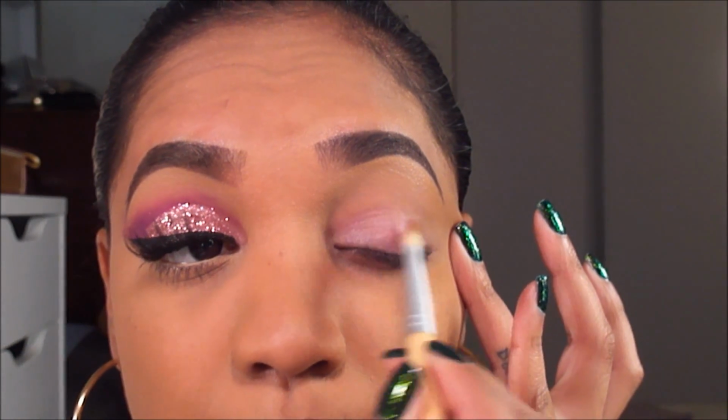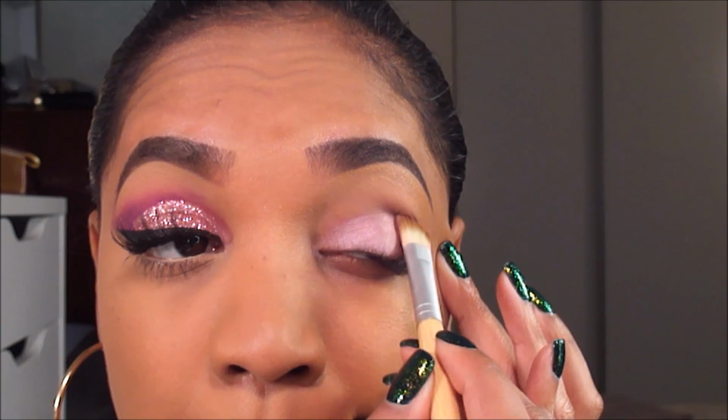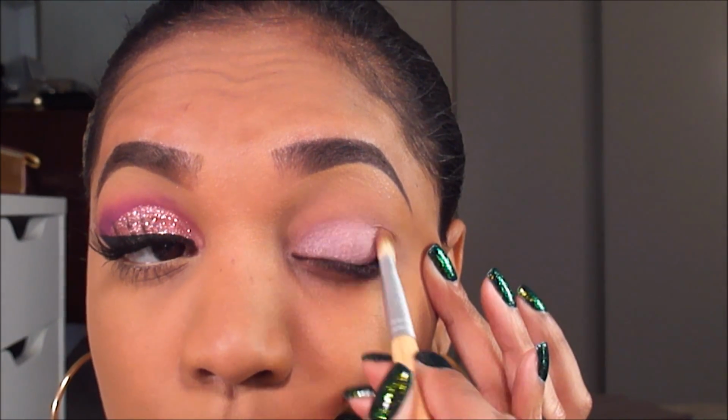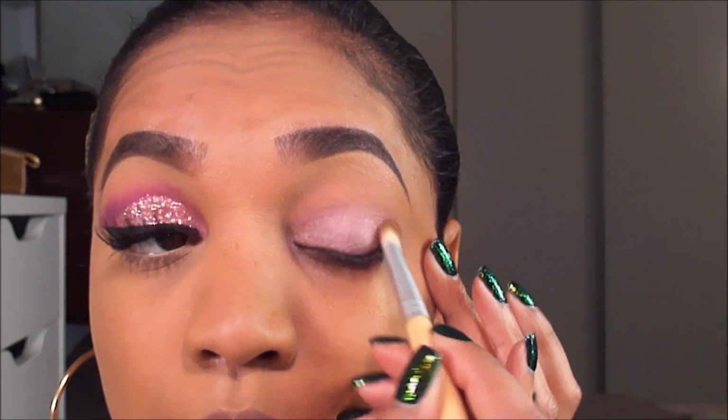And I'm just going to apply that with a concealer brush, and I'm using this just on my lid and creating like an oval shape or a half moon shape just on my lid, and I'm not going too far onto my crease. Then I'm going to go in and apply an eyeshadow over that, and for this I'm using